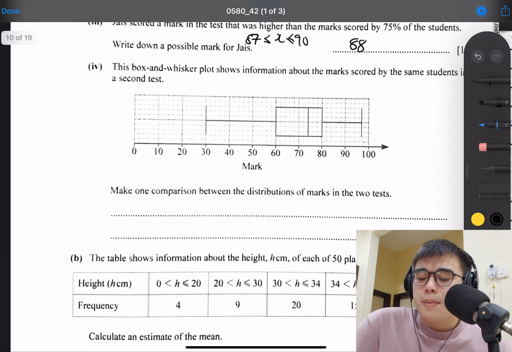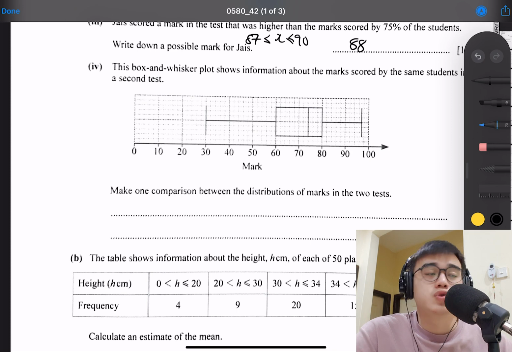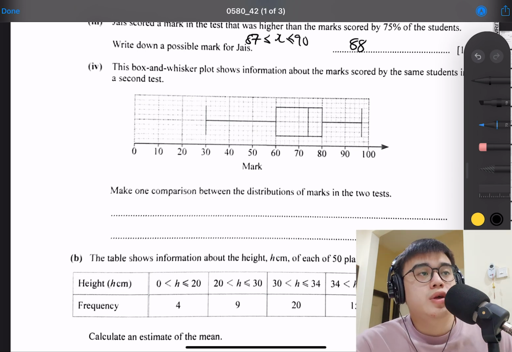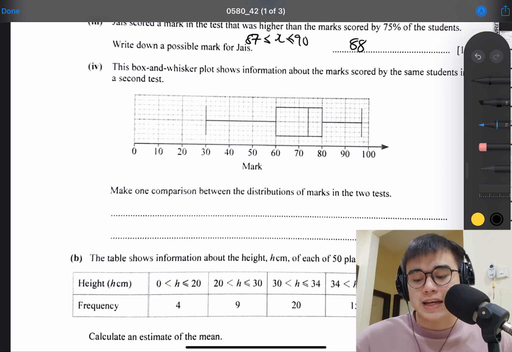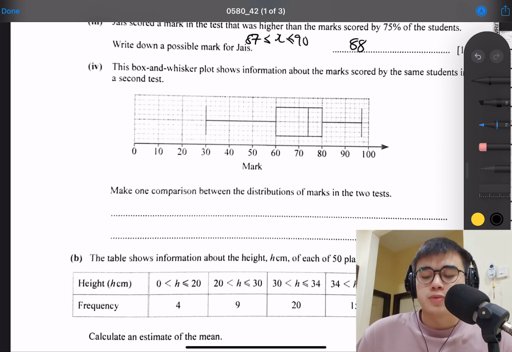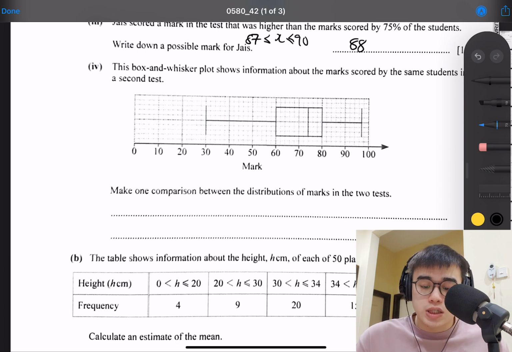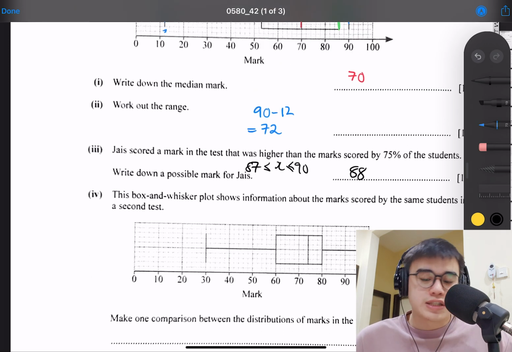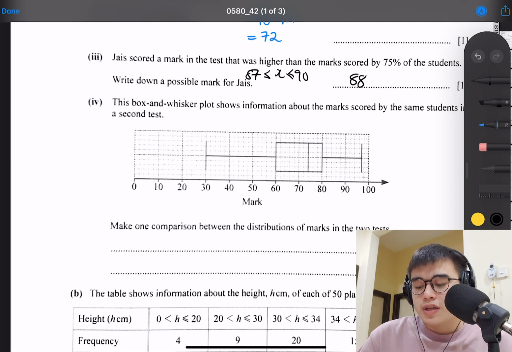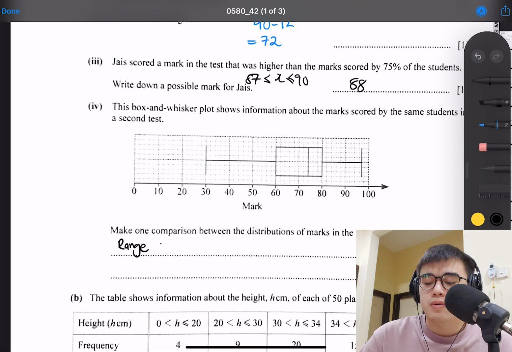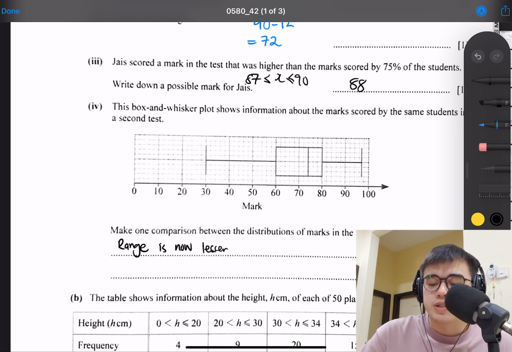Part number 4. Make one comparison between the distribution of marks in the 2 tests. Alright, so make one comparison. Immediately the first thing that I noticed was that on average, everyone's results actually improved in the second test because the range was much smaller now. Okay, by taking 97 minus 30, the range is now reduced to 67 instead of 72 that was shown earlier. So the comparison here that you can comment about will be the range is now lesser for the second test